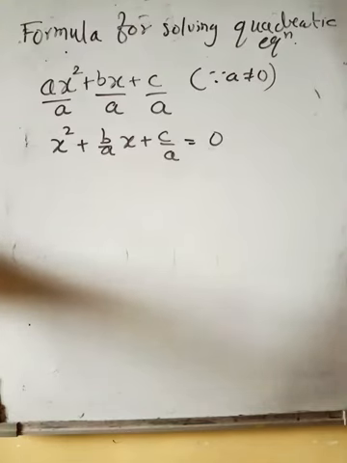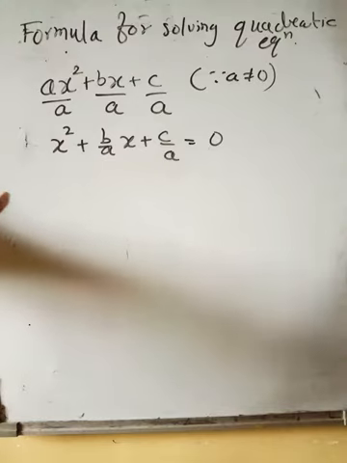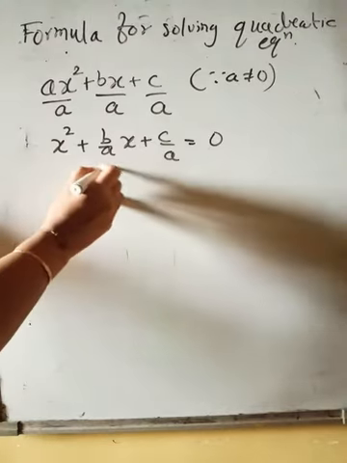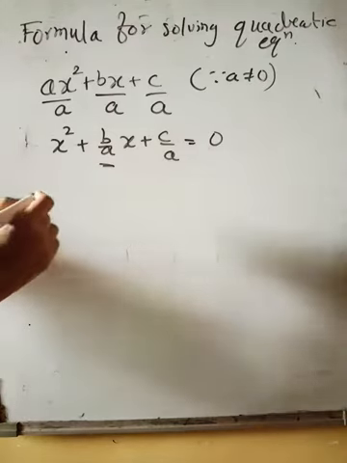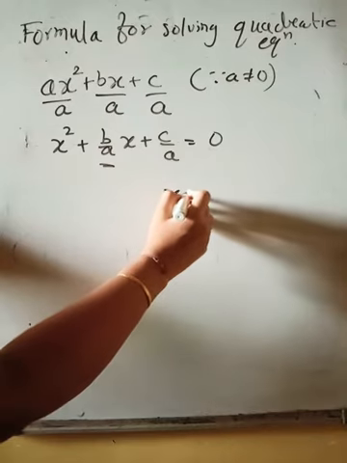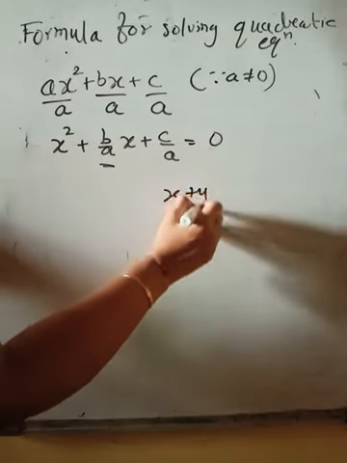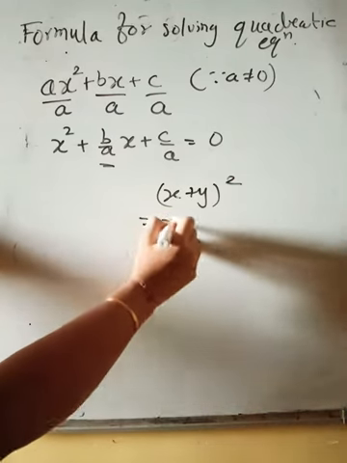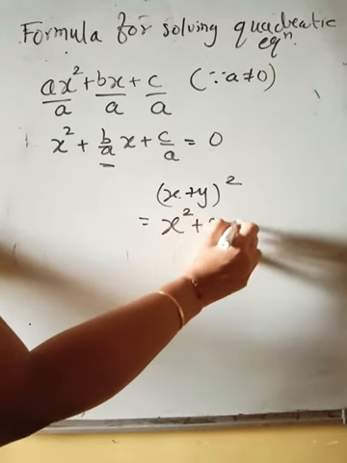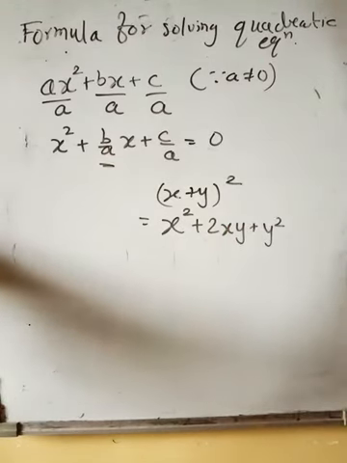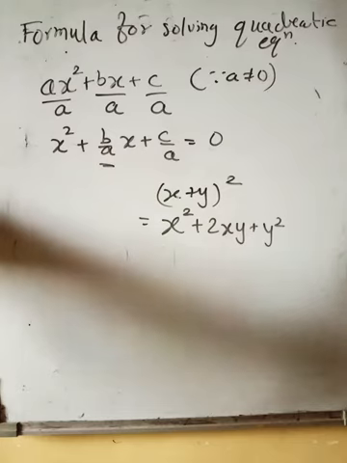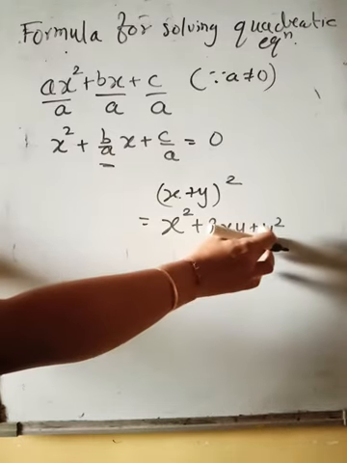Am I right? Now to this children, see what we are going to do is, this is the middle term. Middle term है ना, उसको divide by 2 करके उसका square add करने का. See, normally how it is, you have say x plus y the whole square. What is the full form? x square plus 2xy plus y square. Am I right? Yes, miss. So in this children, middle term, say last term लेने का है.